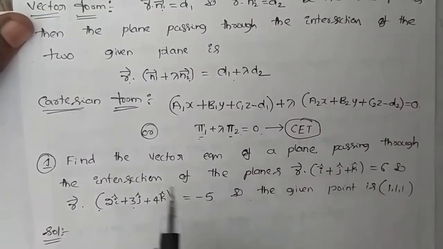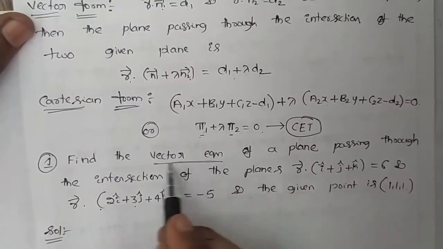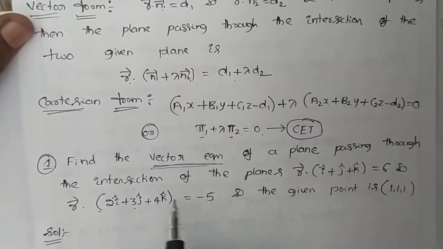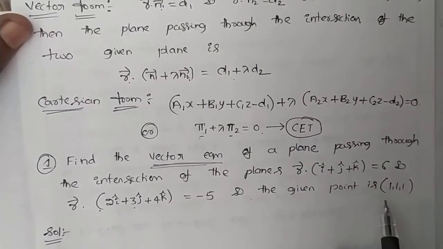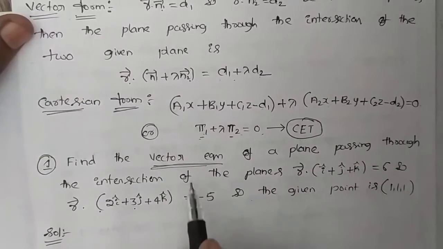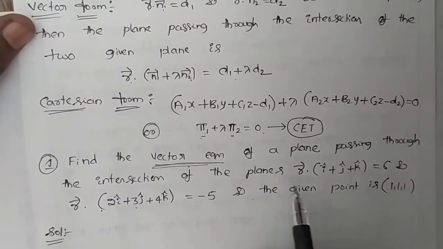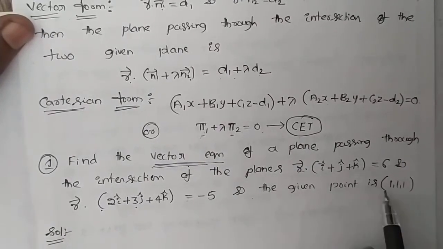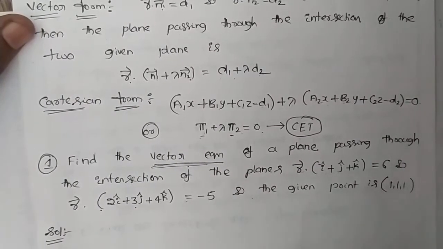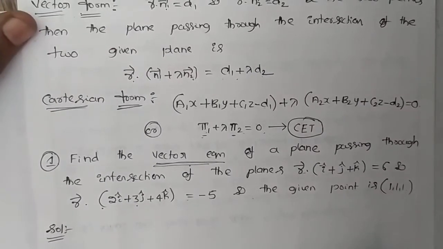Here we have to find the vector equation of a plane passing through the intersection of the planes. Two planes are given and also one point is given. To find the vector equation, two planes are given with one given point, right? You just remember